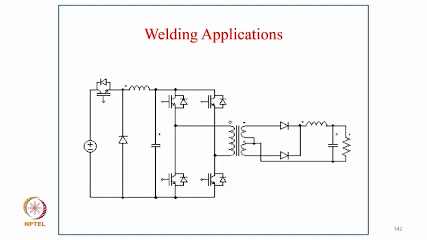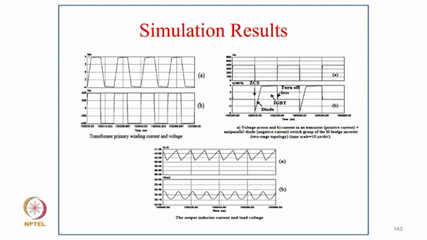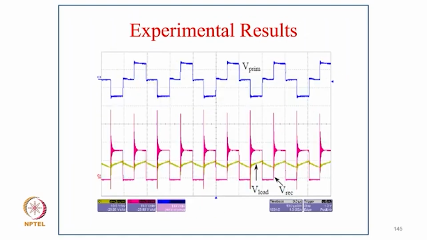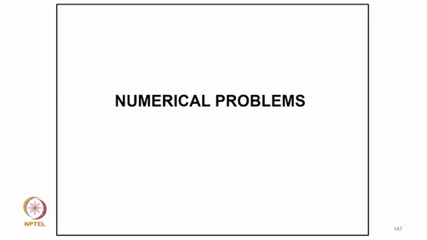This is the half bridge, and at the output the voltage is low, and this is how power factor correction is achieved. These are the simulated waveforms, and this is the experimental waveform typically for the application when your load is increased, and of course the primary voltage and primary current, to prove that it's working fine, with different component values. So now coming to the numerical problems.